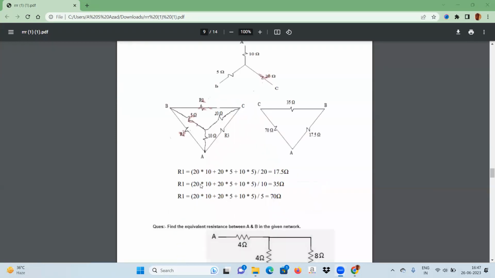Let's see this. What is R1? R1 can be calculated as